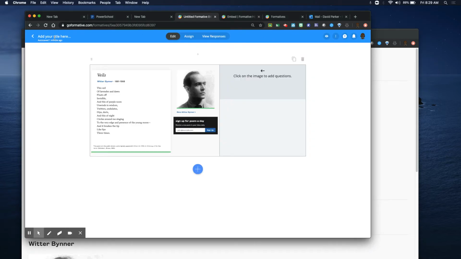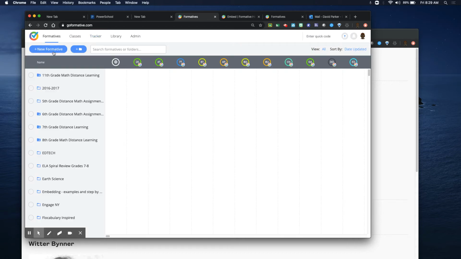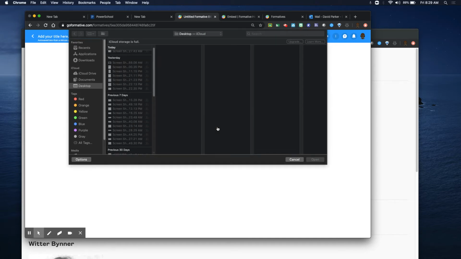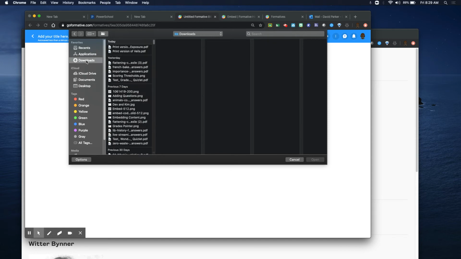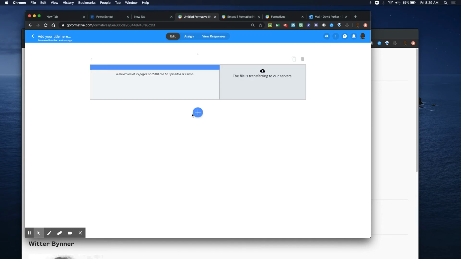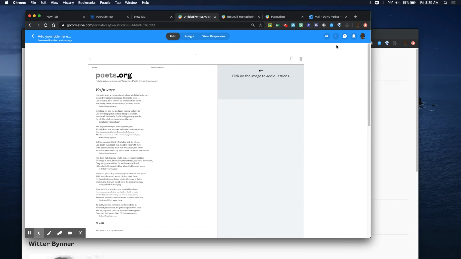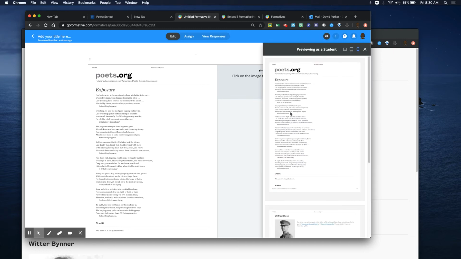I go back to Go Formative. I create a new formative. And then from here, I'll click Enhance PDF or Document back to my computer. And this would be under my downloads, print version of exposure. Or was that Veils? Exposure. Okay. And so then it'll upload the print version of that eventually. It'll upload the print version, and checking my student view, my students can view it here, looking at it